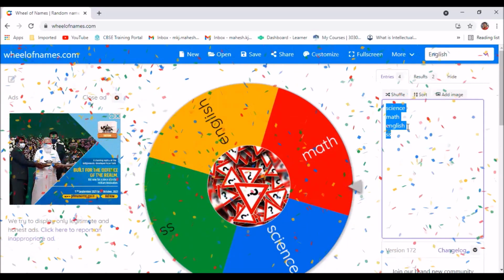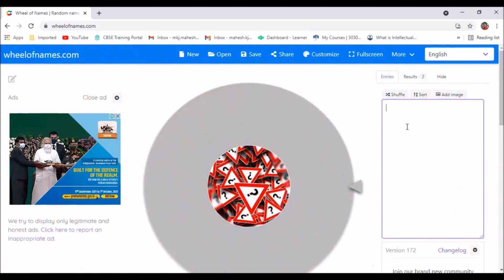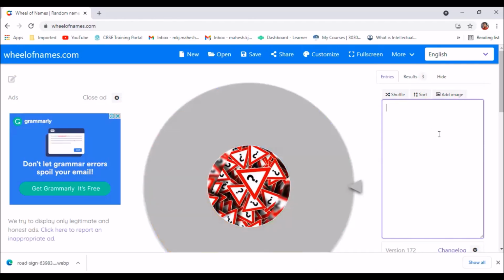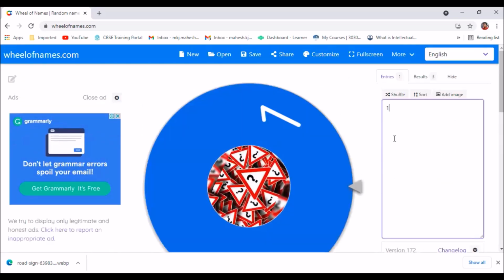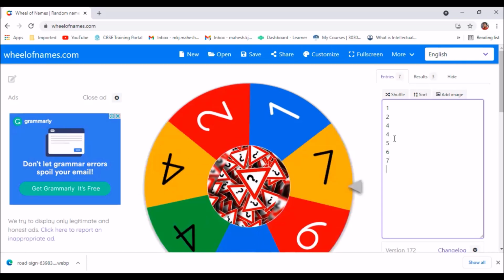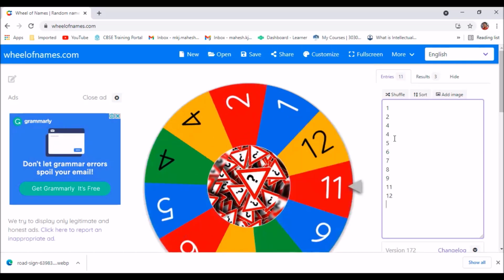You can create quizzes also, or you can put the numbers of students you would like to answer. And this is how the random picker works. If you're wondering how many entries you can add, you can just keep on adding, but I guess 60 would be more than sufficient. I'll just show you randomly. I'm just creating here.